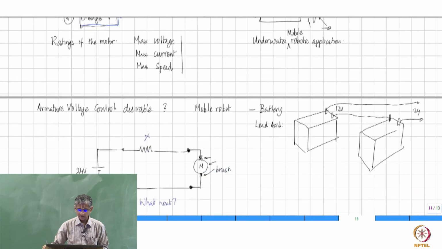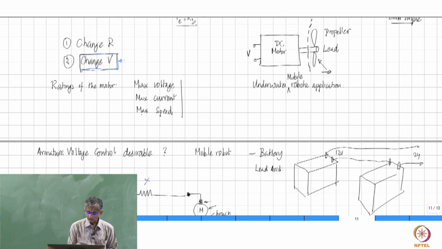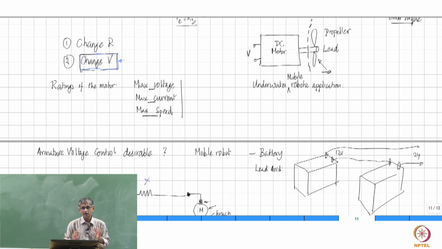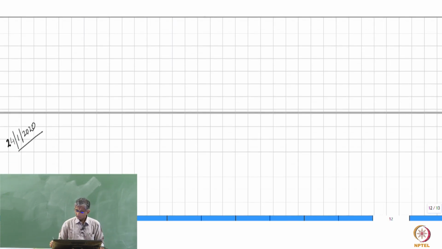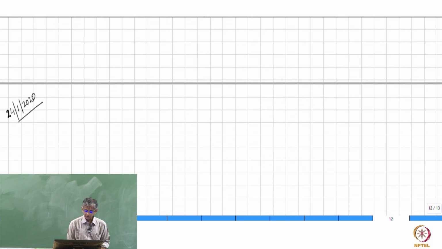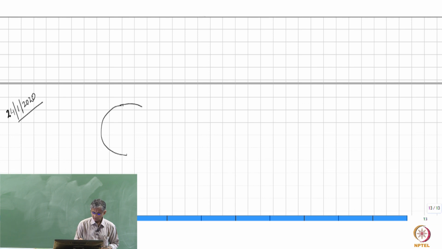Now, as I mentioned, there is a certain maximum speed of the motor, maximum current and maximum voltage. Those are the limits of operation. But when you look at the operation of electric motors, in this case, we considered that if you look at the stator, we have a magnet which is going to produce a magnetic field, and here you have a magnet that is going to produce a magnetic field.